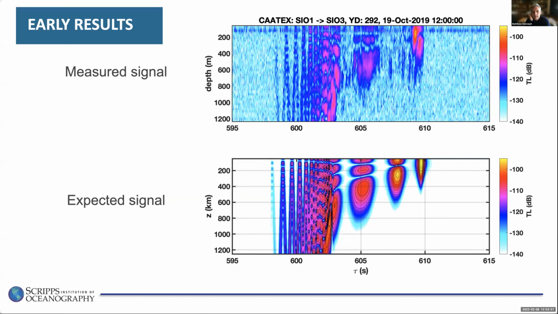So now I wanted to show you what we actually got from this experiment, or what we actually measured. After doing these corrections for the clocks and for the mooring motion and whatnot, we have the measured signal on the top and the expected one on the bottom, constructed using this very simple smooth profile that I showed before. And you can see they more or less line up. And all that instrumentation that we're building is what allows us to actually put a scale on this travel time axis and on this transmission loss axis,